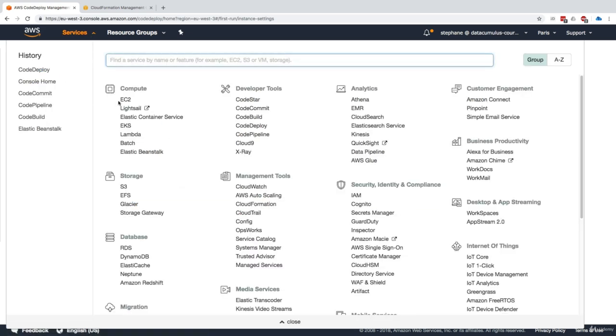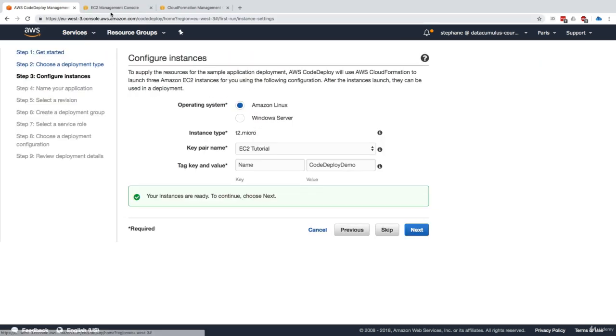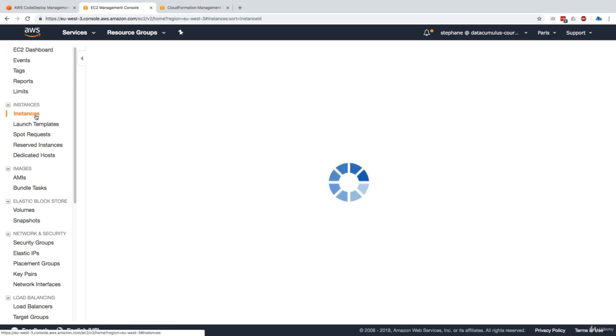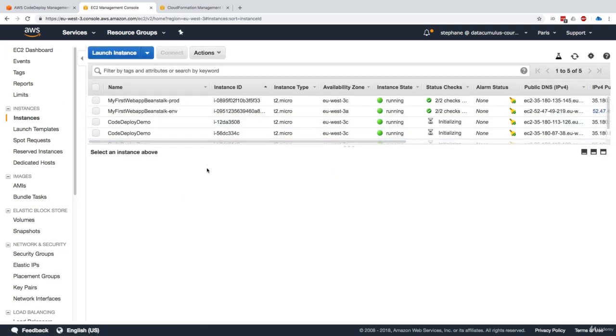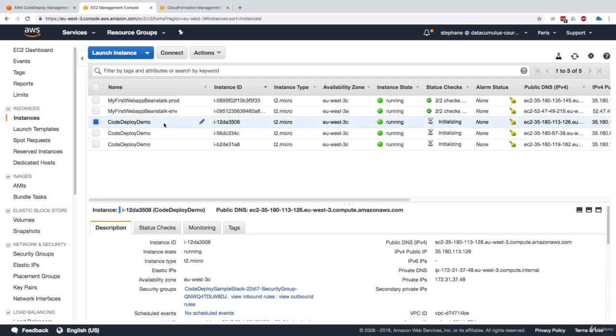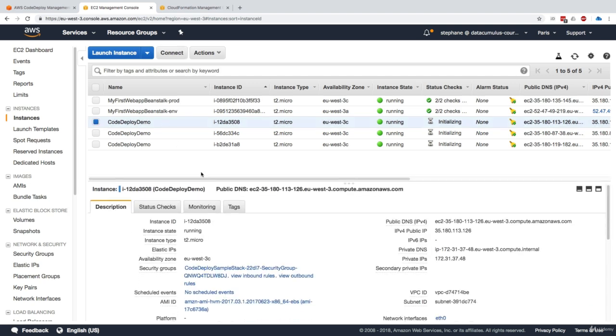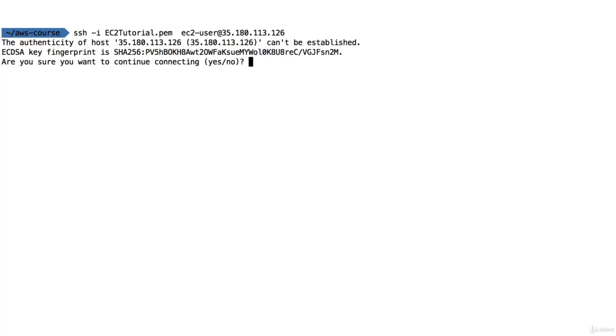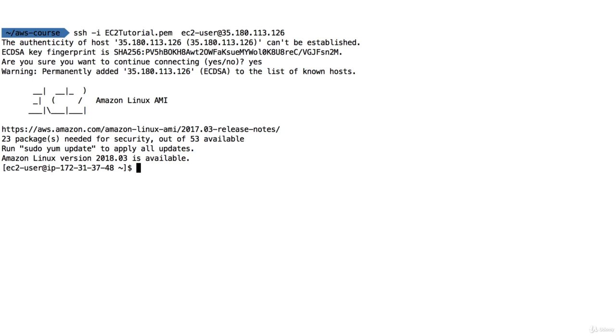Before that, let's go to EC2 and check that indeed our instances are ready. We click on Instances and here we see that we have 3 CodeDeployDemo instances running for us. So this is definitely going to be working, and let's look at what they are in particular. I'm just going to SSH into one of them. I click here, I say yes, and so I'm in SSH now.